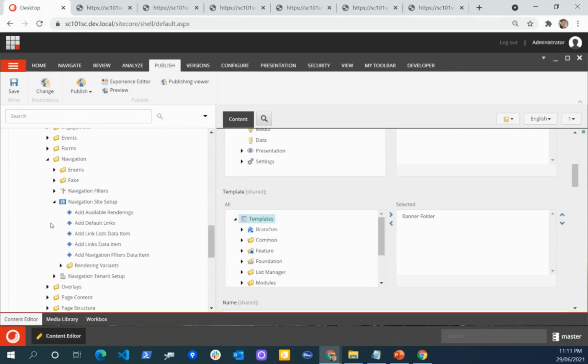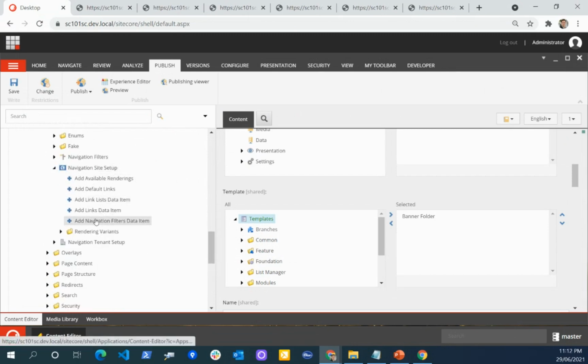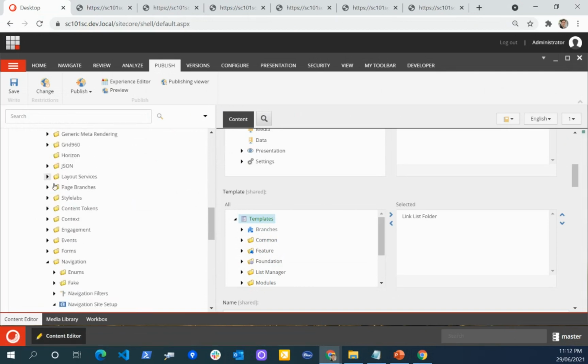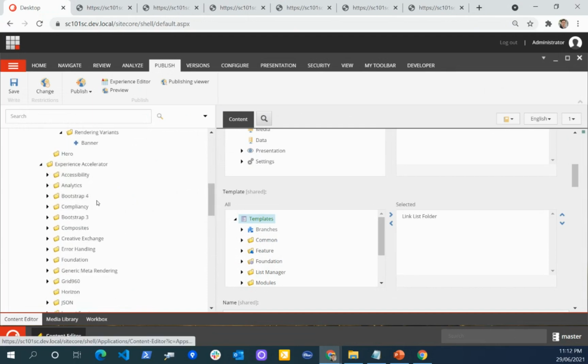On the site setup, you will see a few more steps, because when we drag and drop the composite component, it will create two default items, so you need to link those items as well. So always keep and follow the out-of-the-box pattern.